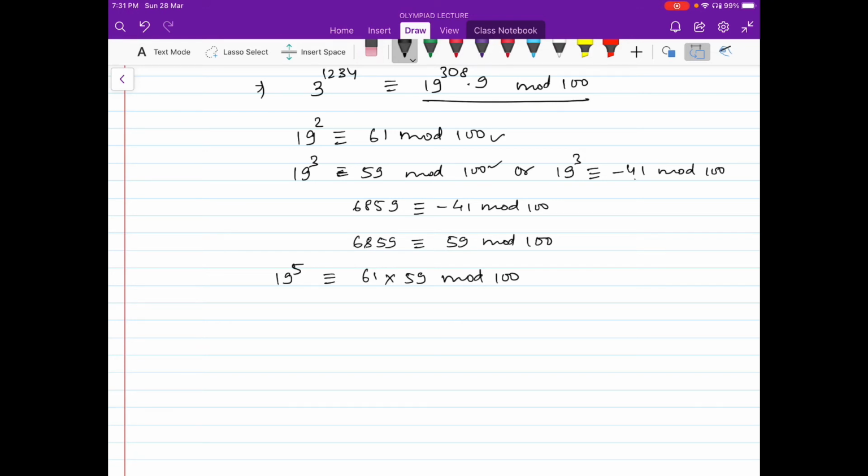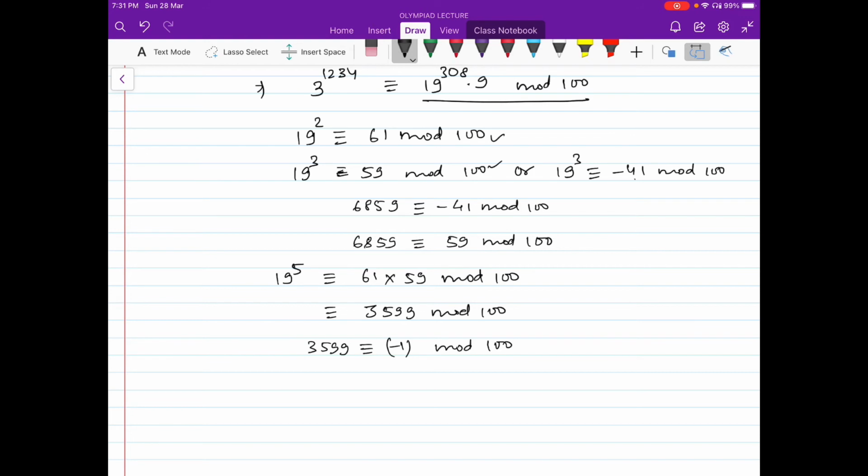So this is congruent to 61 into 59, that is 3599 mod 100, right? So 3599 is congruent to minus 1 mod 100. We can write that,